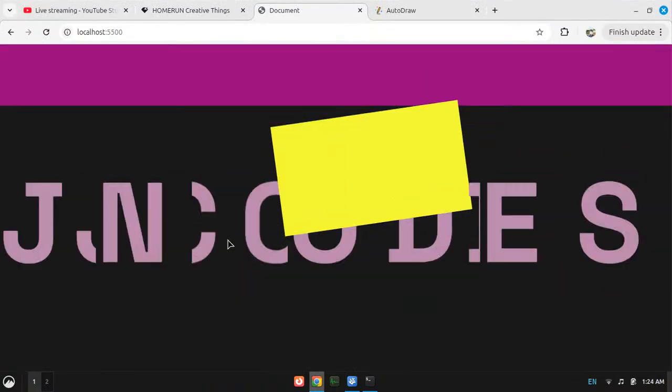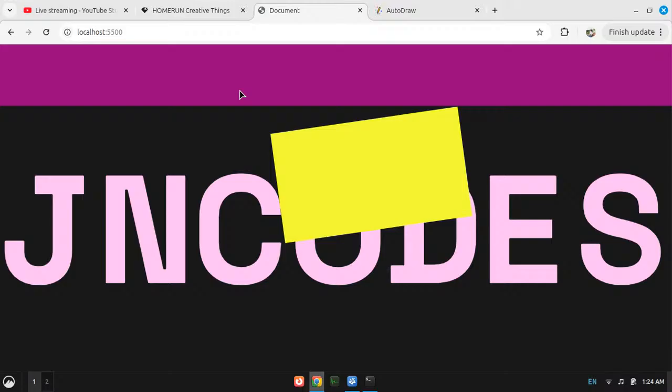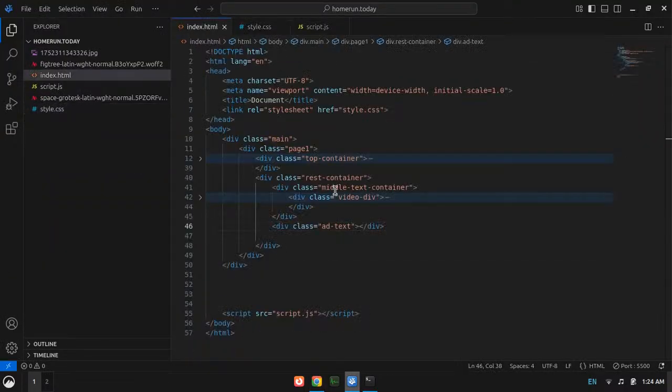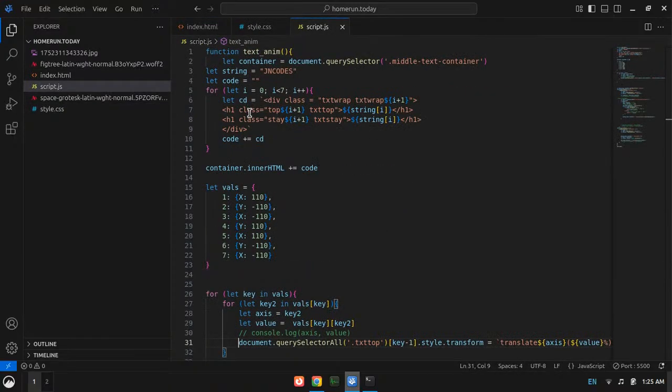See what, why the hell is he up there? This is because, okay, I need to add this through JavaScript so that it will be okay.